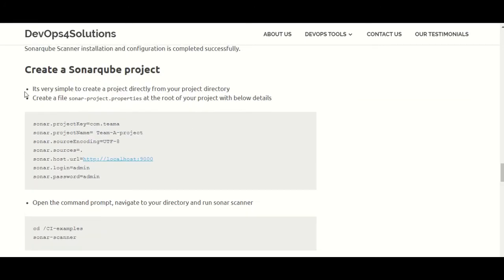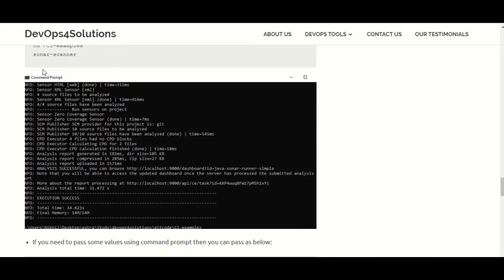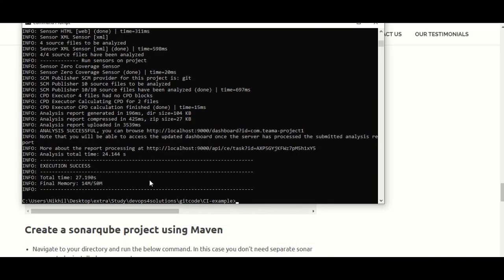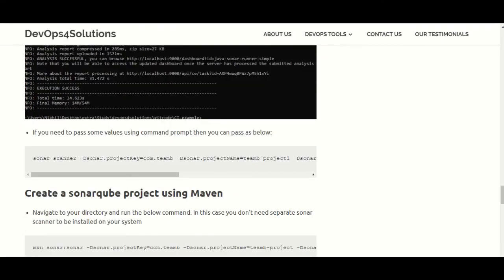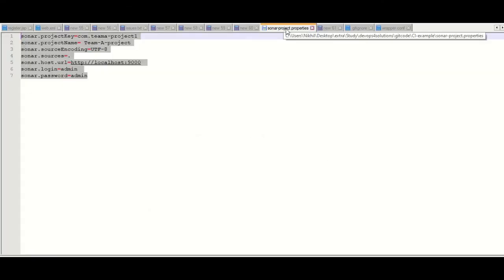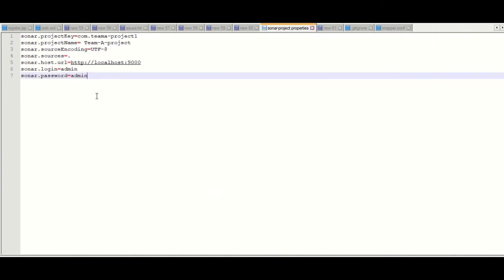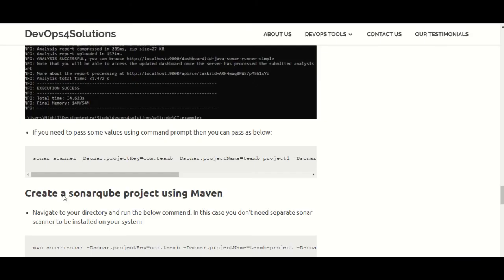We already created this SonarQube project, and you can see the build succeeded and it published there. There is another option also. Here I am using property files, but you can use the command line instead. With Sonar Scanner, instead of using property files, you provide everything using the command line.